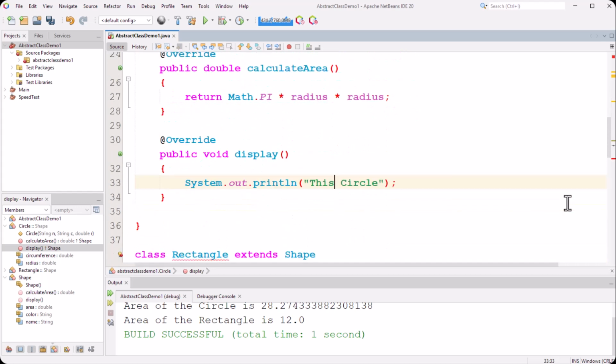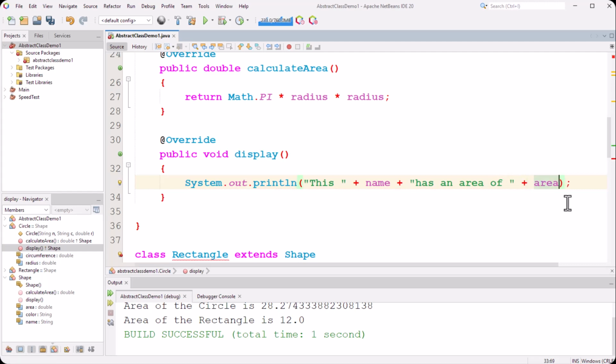We can do something like that. So instead of doing that, I can say here this plus name plus this circle, let's say has an area of